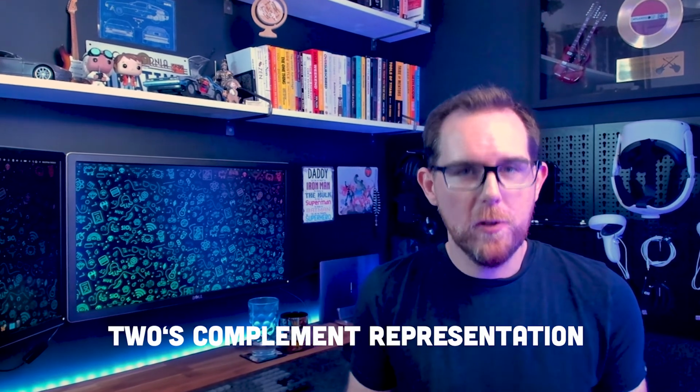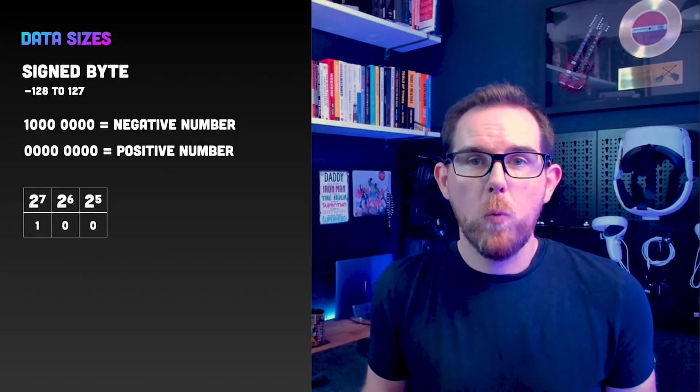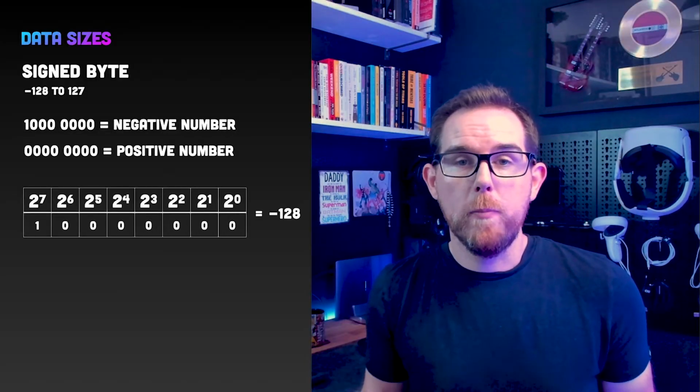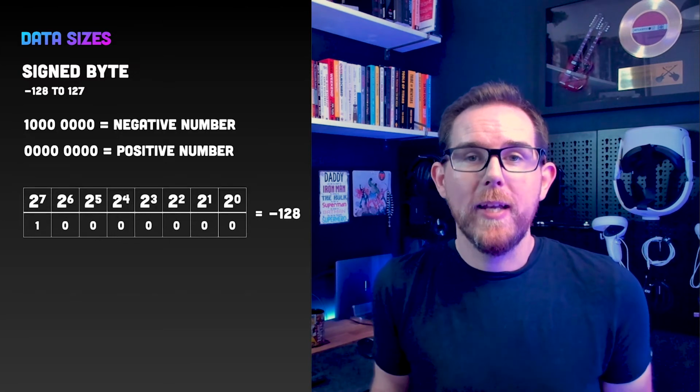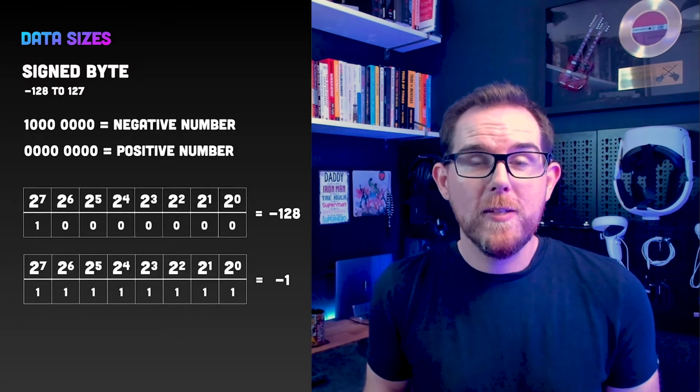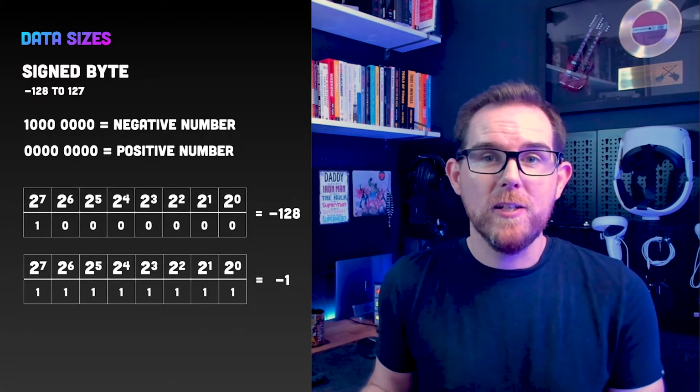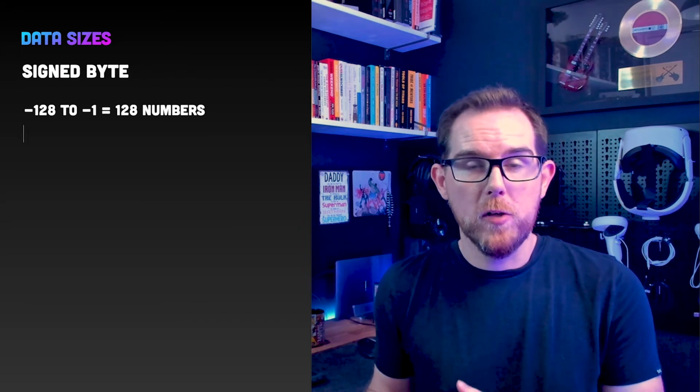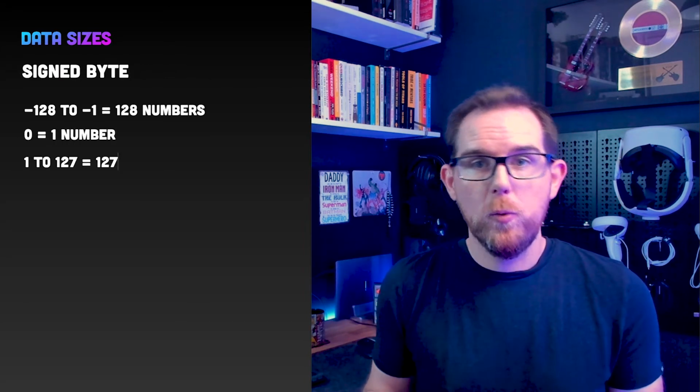Now, signed bytes use what we call the 2's complement representation. Don't need to worry too much about that. Essentially, numbers 0 to 127 are represented in the same way we have been doing, but for negative numbers, it starts from -128 and starts counting up from there. So if you have 1 on the leftmost bit, then that would be -128. And then we count up from there until we have all ones which represent -1. There are still 256 different numbers we can represent with the 8-digit binary number, but these numbers are going to be from -128 to -1, 0, and then 1 to 127.